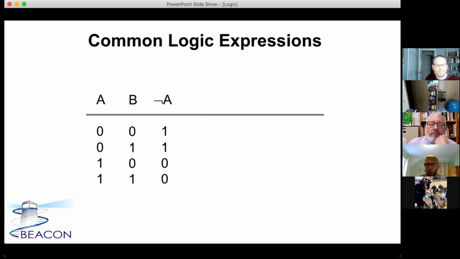0, 0, 1, 1. So you're saying that not B would be 0, 0, 1, 1. To me, that would be A. I think I went too fast. So it should be 0, 1, 0, 1. That to me looks just like B. I would say that our not B is going to be a 1 everywhere B is a 0, and a 0 everywhere B would be a 1. So our not B is actually going to be 1, 0, 1, 0.